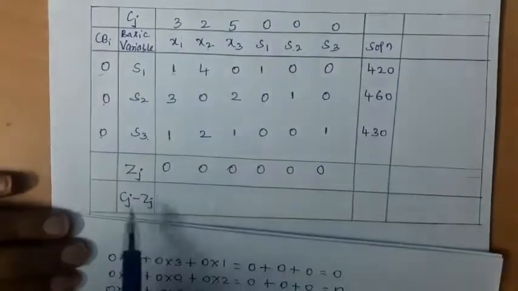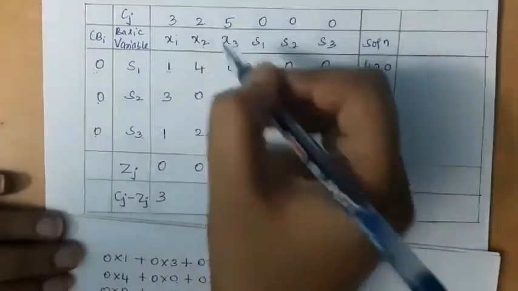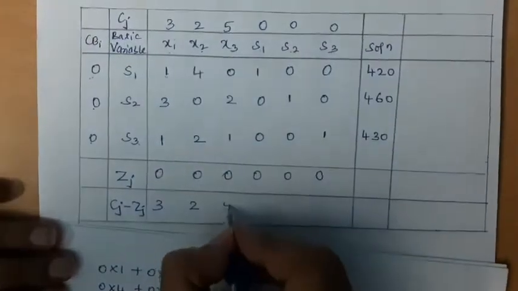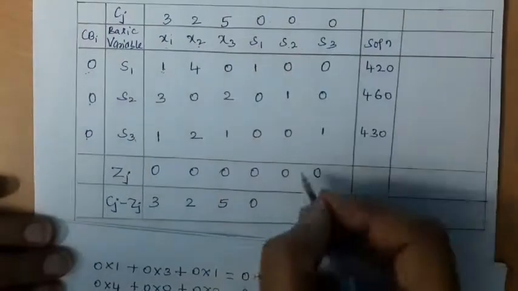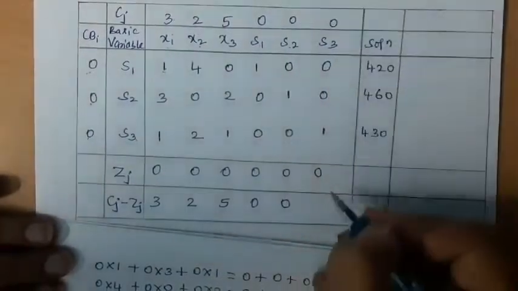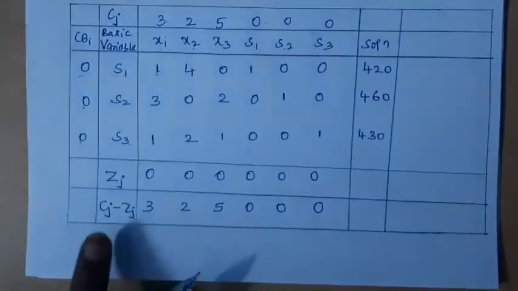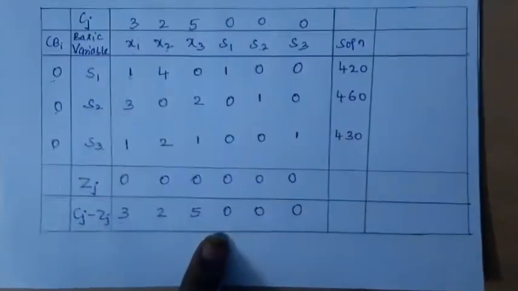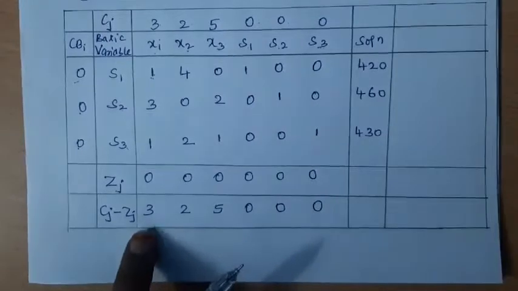Now we have to find the value for this. So that is, we have minus between both Cj and Zj. That is 3 minus 0, that is equal to 3. 2 minus 0, that is equal to 2. 5 minus 0 equal to 5. 0 minus 0 equal to 0. 0 minus 0, 0. 0 minus 0, 0. Now we have got Cj minus Zj value. Now we have to check the optimality condition, whether we have got our optimum solution or